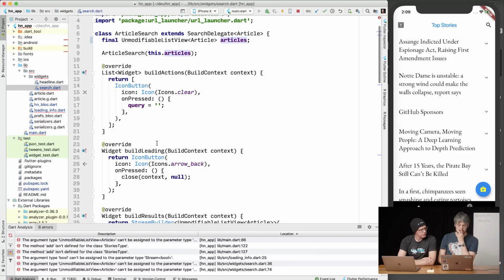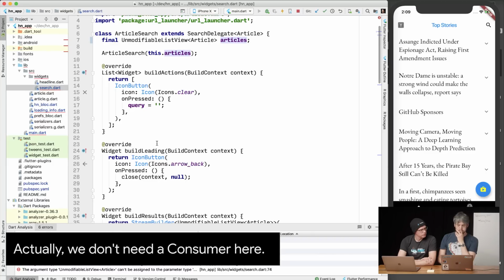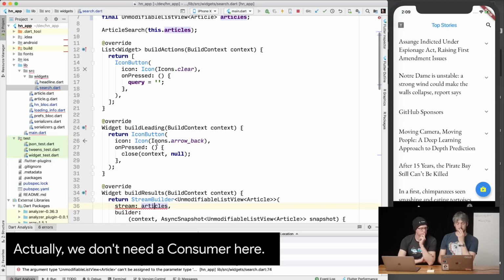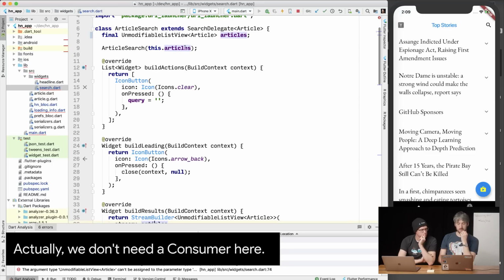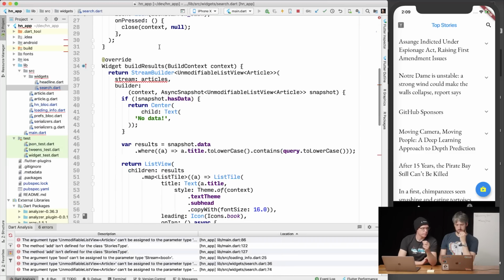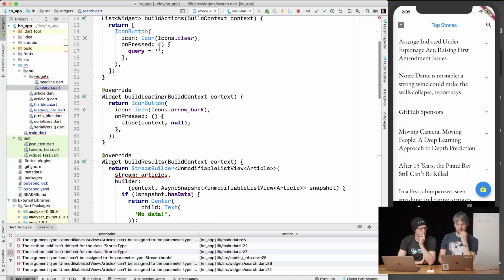Yeah, because as the results come in, it will build them. So we need a consumer here. Okay, so we're not sending anything anywhere here, I think, because this is the search. Yeah, this is the search. And that means that